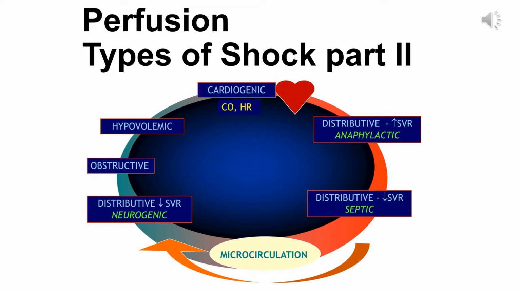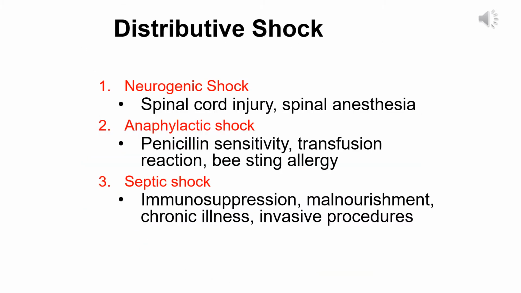Okay, let's get started with our perfusion types of shock part 2. During this part of the presentation, we're going to talk about distributive shock. There are 3 different types of distributive shock that we're going to discuss, and that's neurogenic shock, anaphylactic shock, and septic shock. I'll go into each one of these shocks in a little more detail with the other slides, but